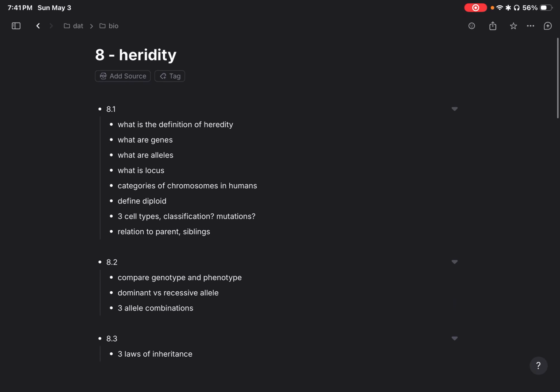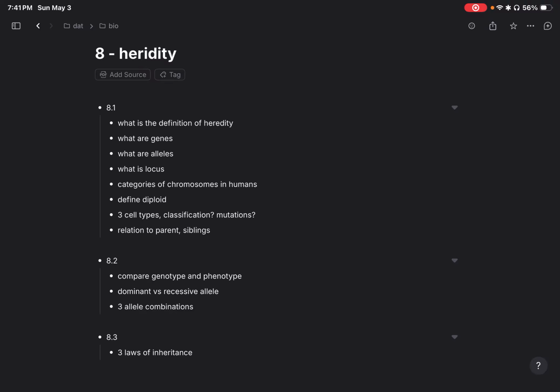It was good today. Got heredity. Did I spell that wrong? Yeah, I did. Okay. What's the definition of heredity? Heredity is the passing of traits from generation to generation, from parents to offspring. What are genes? Genes are specific, like,